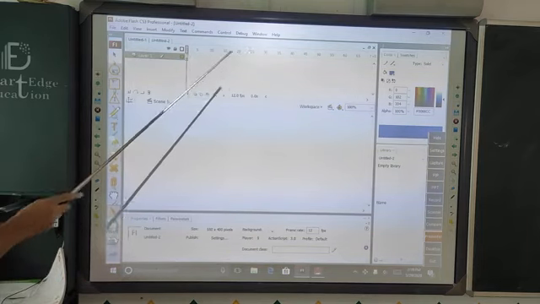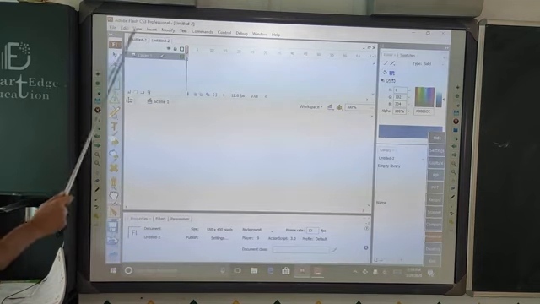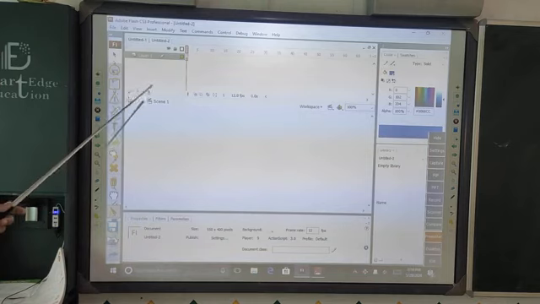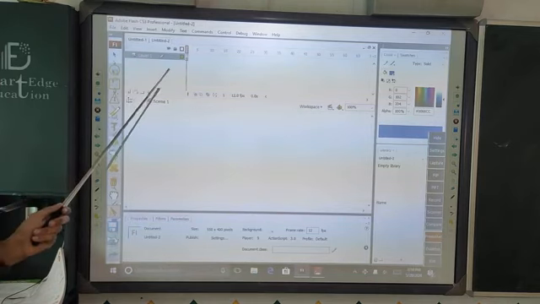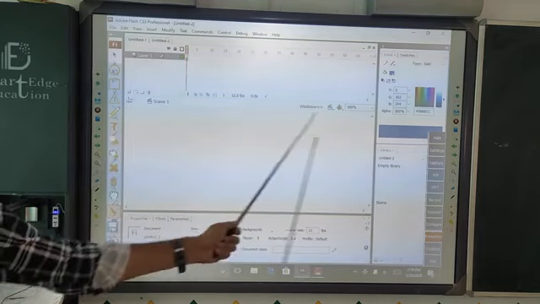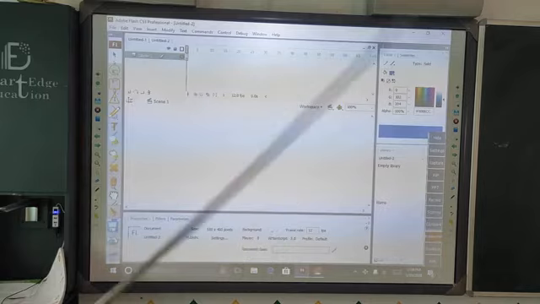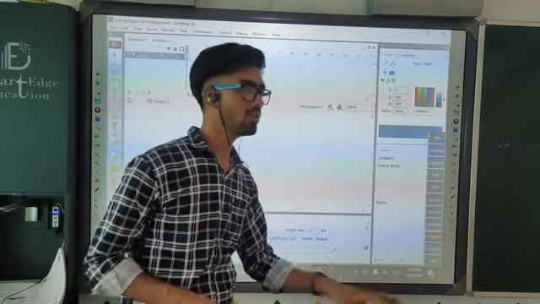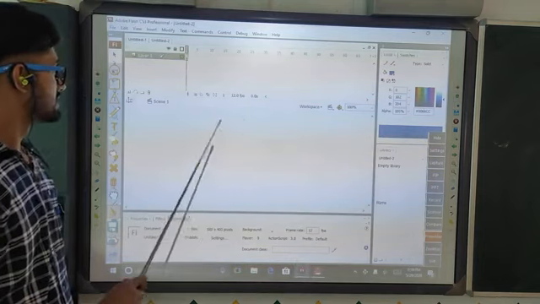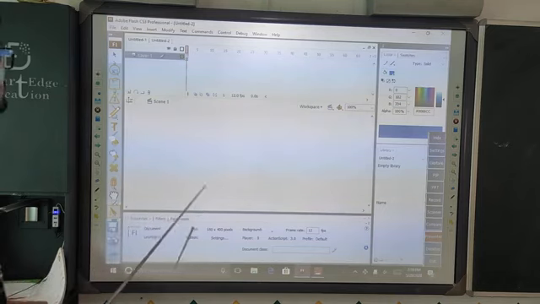In the workspace, this is the timeline, and this is our menu bar where you find various menus. This is our layer window where you can add or delete the different layers that you have added. And this is our stage. Stage means that every content that you want to display in your video or animation, you have to draw it here.